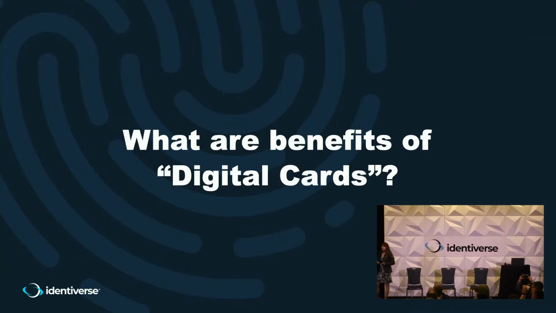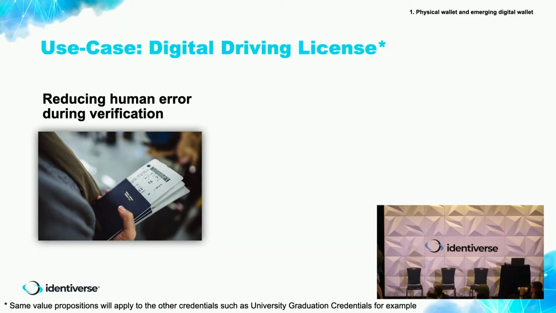So if they're so similar, what are the benefits of these digital cards? You might be asking, well, maybe physical cards are enough, right? So one big element is reducing human error during verification. It's much more expensive to train a human being to verify this card physically. The seal, whether this transparency thing is correct or not. It's much easier and faster to install software that can show a green check mark when I present a digital license. Yes, you need to train a user how to use it. Some software costs, but in the end, it's faster and cheaper.